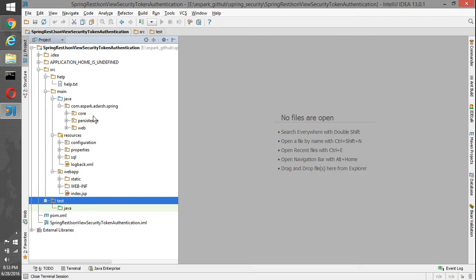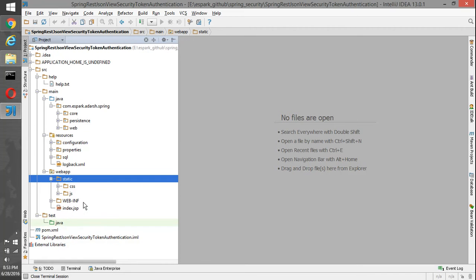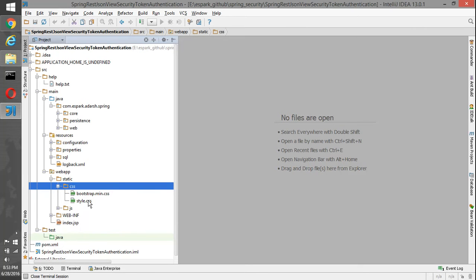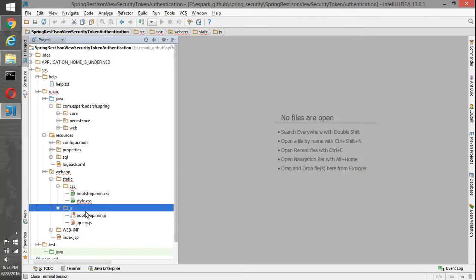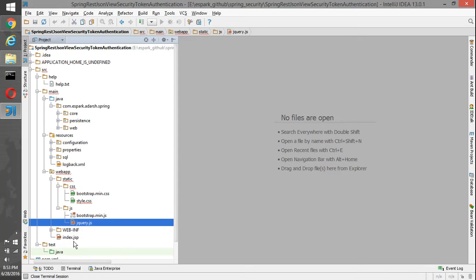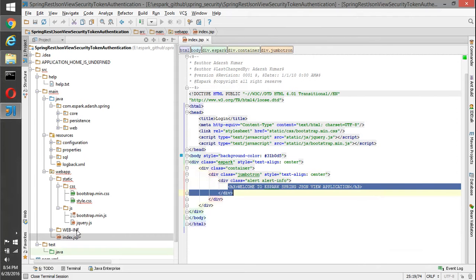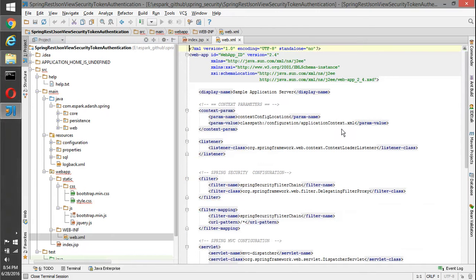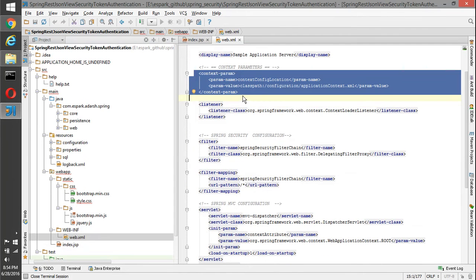So once we get into the webapp, we have static resources where we have a CSS, bootstrap CSS, and our own custom style CSS. In JS we have bootstrap.min.js and jQuery JS. We have an index.jsp, basically we are just using some bootstrap and just showing some messages. Inside the WEB-INF I'm having web.xml where we have a Spring Security configuration file location